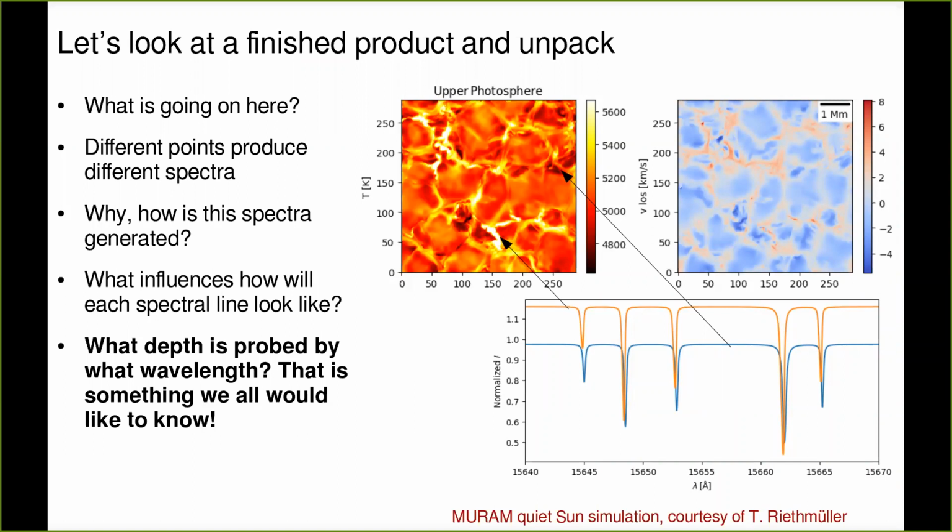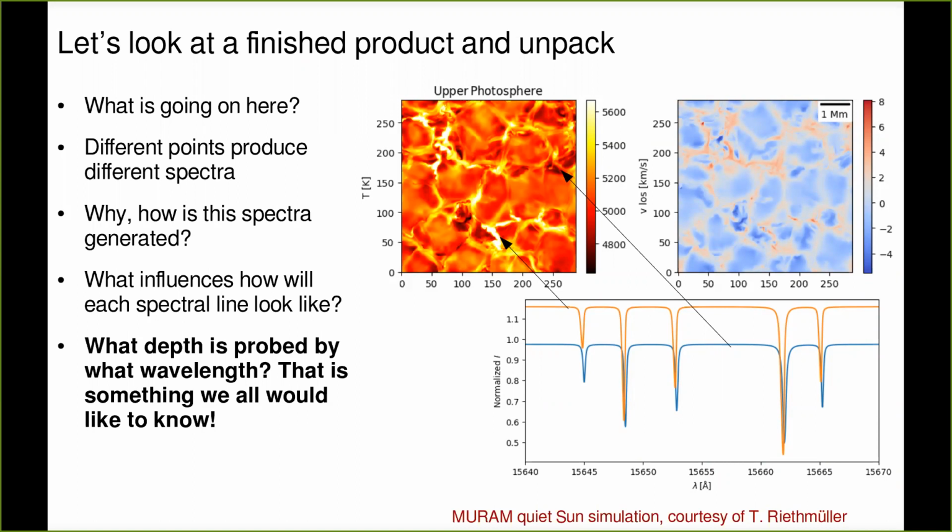In real life, we don't have these maps. We want to obtain these maps, right? The only thing that we have is the spectrum for each point in the atmosphere. When we take our data cube, we can look at it at one wavelength at a time, or we can extract the spectra at each point. So now the question is the following.